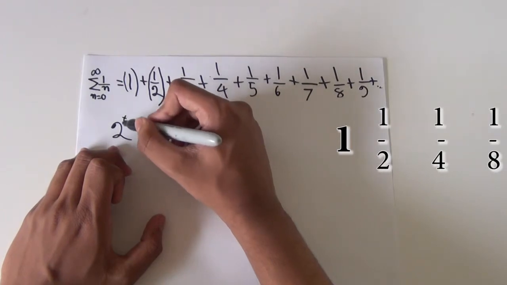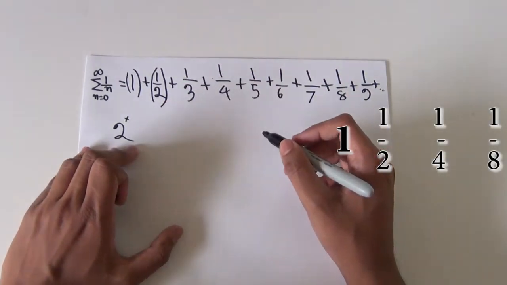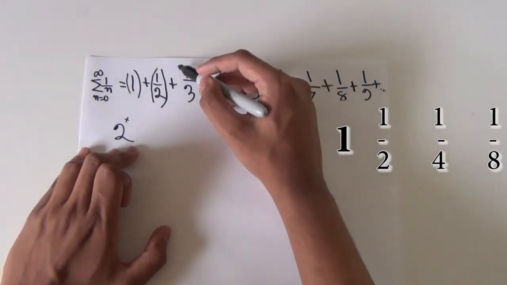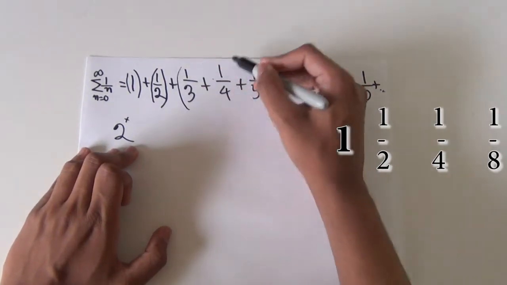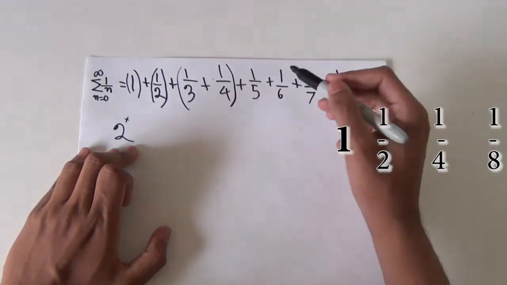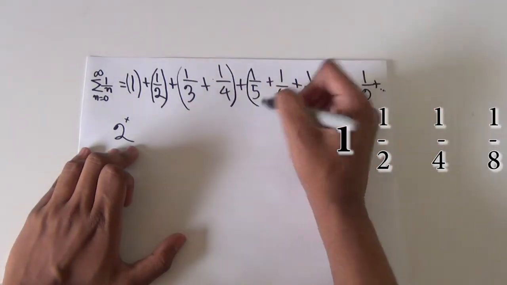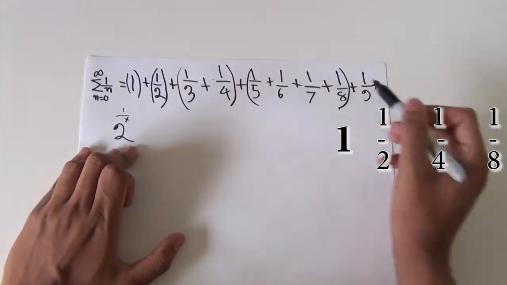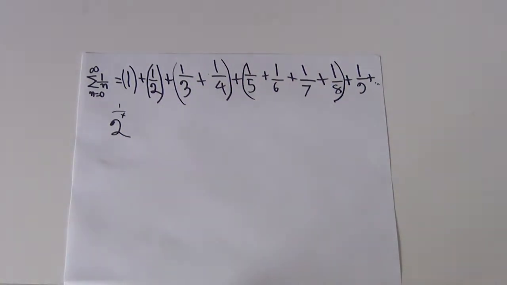So 1/2 to the power of 0 is 1, 1/2 to the power of 1 is 1/2, and then 1/4, and then 1/8, 1/16 as follows. Now, what we need to do is put a close parenthesis after those terms. So after 1/4, we put a close parenthesis and then start a new one, and then put in a close parenthesis after 1/8, and we're going to be doing that for the rest of the terms.